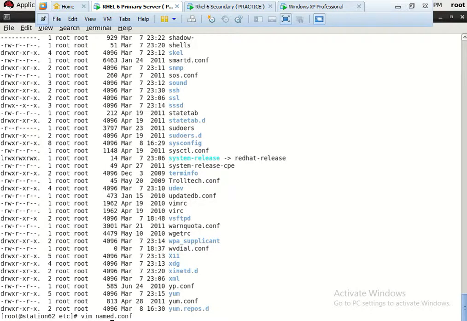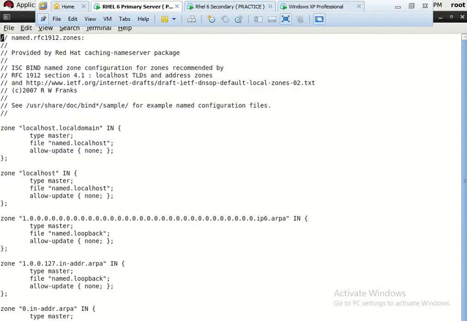Now let us move further to another file called named.rfc1912.zones. In this file we are going to define the zone that will be served by the primary DNS server which we are configuring here. So our zone is example.com.